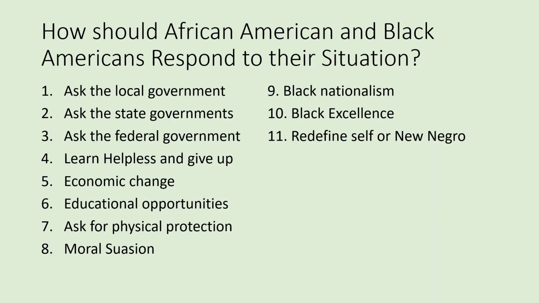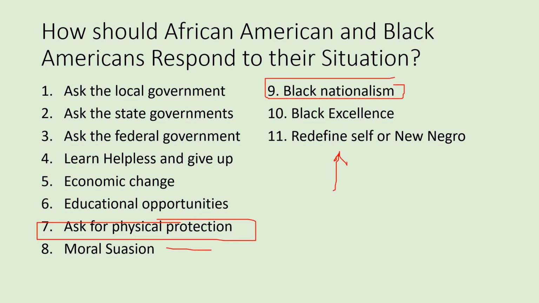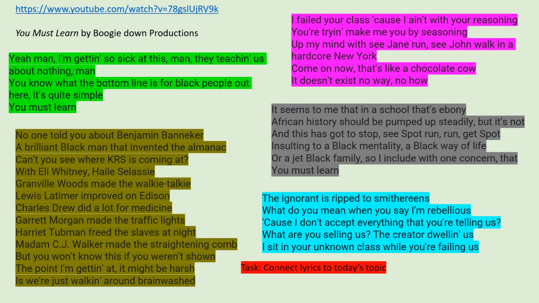Black history education. So we're going back to this slide here, and again, some of the possible responses to dealing with the race problem in America. We already looked at moral suasion. They already have physical freedom, but they don't have physical protection. Do we just redefine ourselves? Are we going to become black nationalists? You have these different ideas, different solutions, which is what